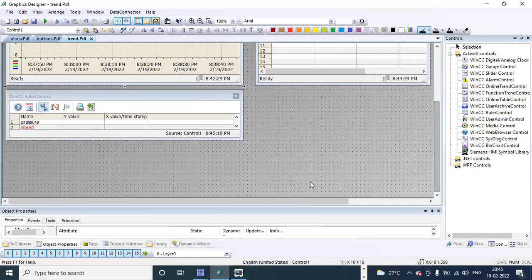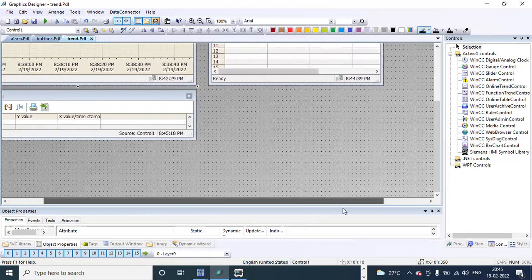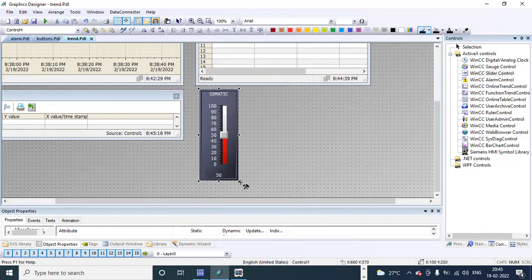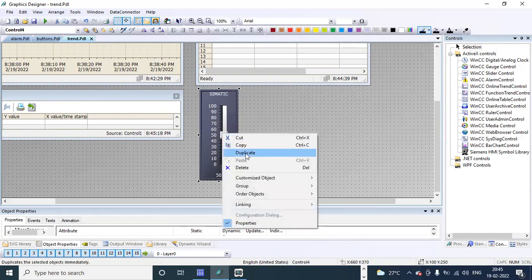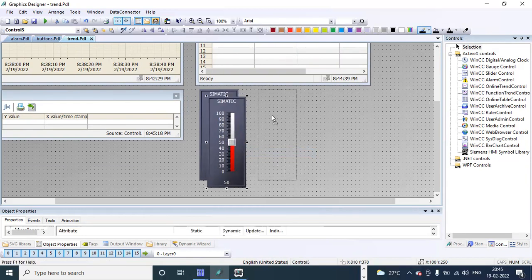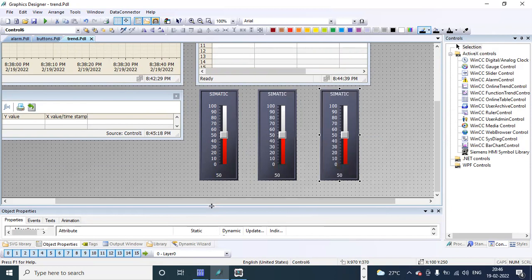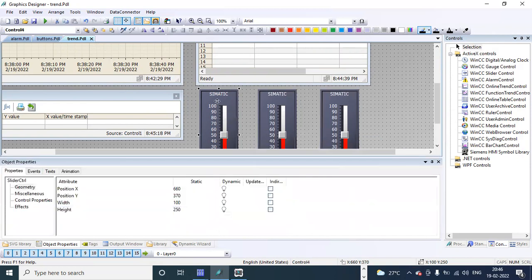Another thing we need is input controls for your speed, pressure, and flow. So for that, you can use sliders from here. NCC slider control. I just type it over here for input commands. Okay, duplicates. Now, what we have to do is we need to give tags for these sliders. Select the slider, go to the control properties,